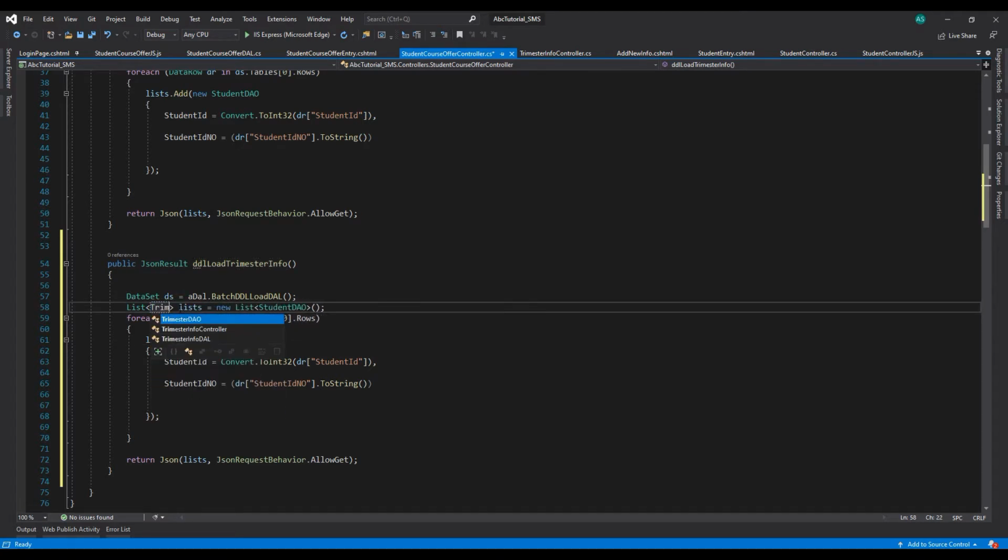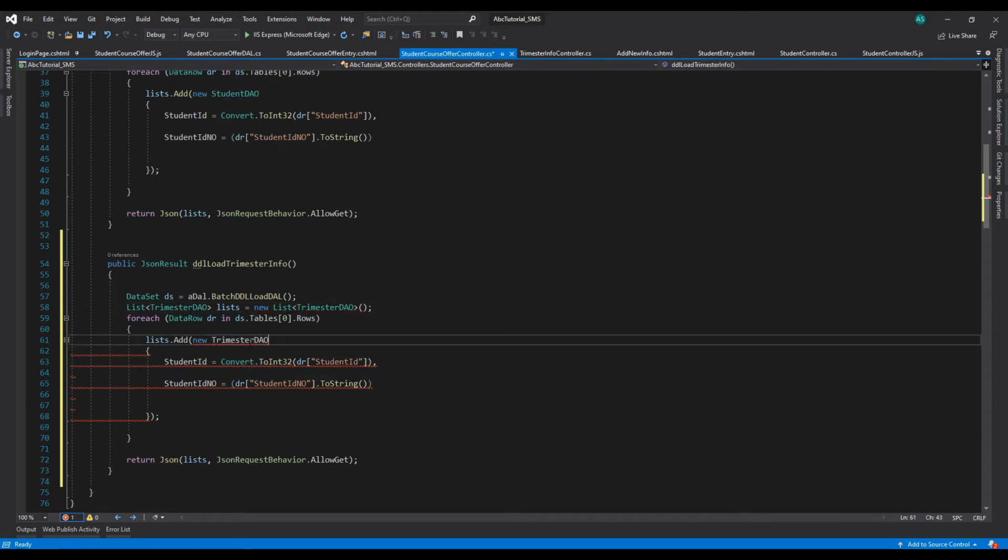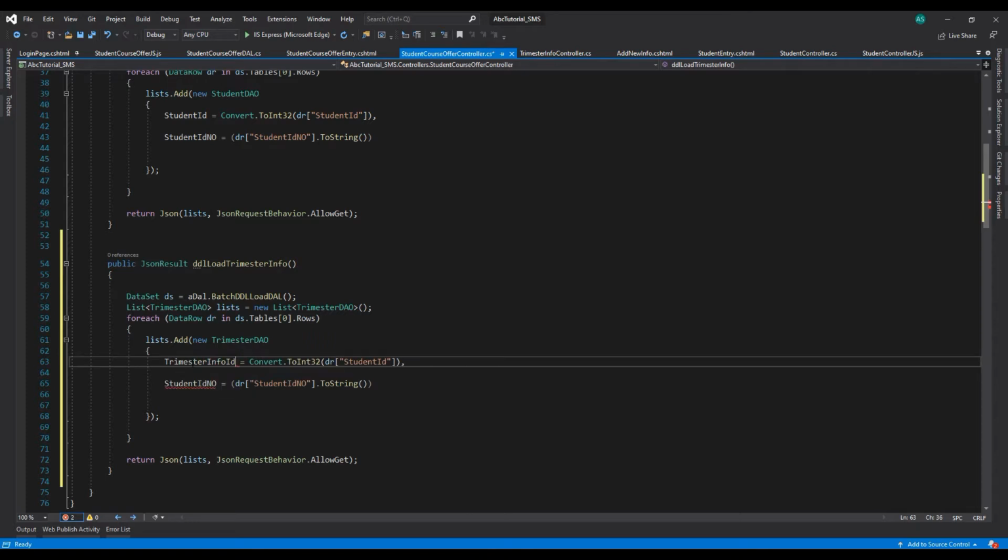Trimester, also paste it here and also here, and we also need the trimester info id here. Copy this column name and paste it here. And also we need the trimester name. Just copy